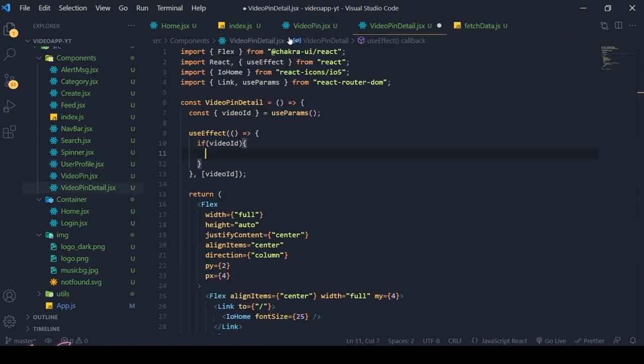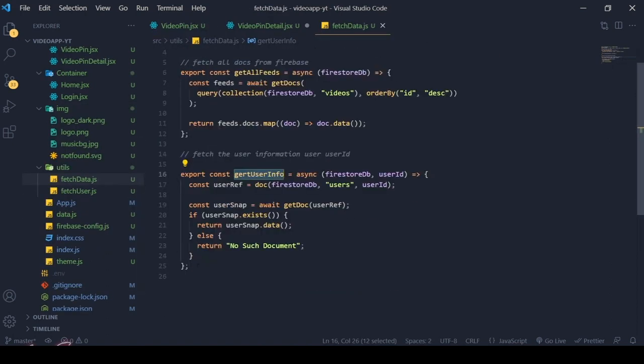Feed, we're done with feed. Let's close this. Index, we're done with that. Close it. Home, we don't need it right now. Close it. Go to the fetch data, and now we need to write a command to get the specific video. Okay, we need to get the specific video, just like that. Same thing what we did for the user, we are going to do the same thing over here. Fetch the specific video. Okay, so I'm just going to write export const getSpecificVideo